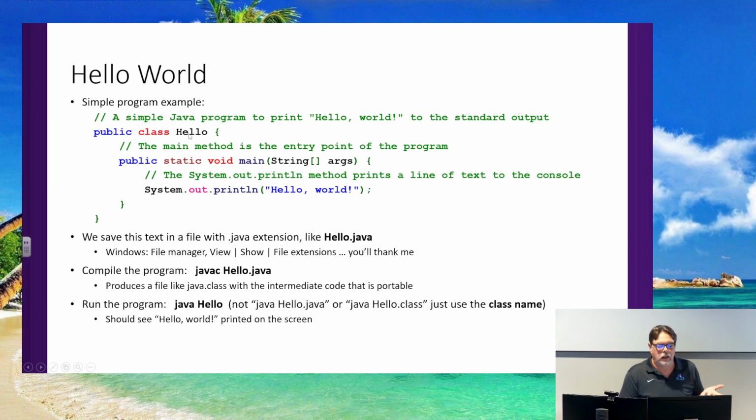But we have a public class called hello. Inside that public class, we've implemented a method called main. That method is a static method, and it's publicly accessible to anybody that can see the object in this compilation environment, in this scope, we would call it. It takes an array of strings as arguments.